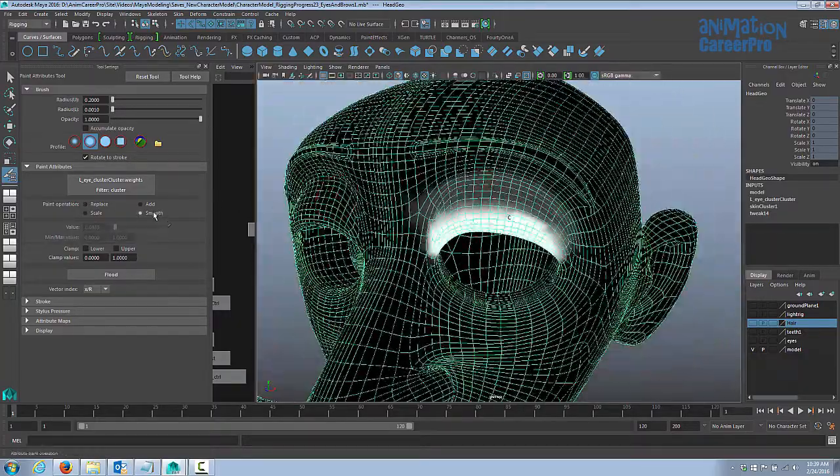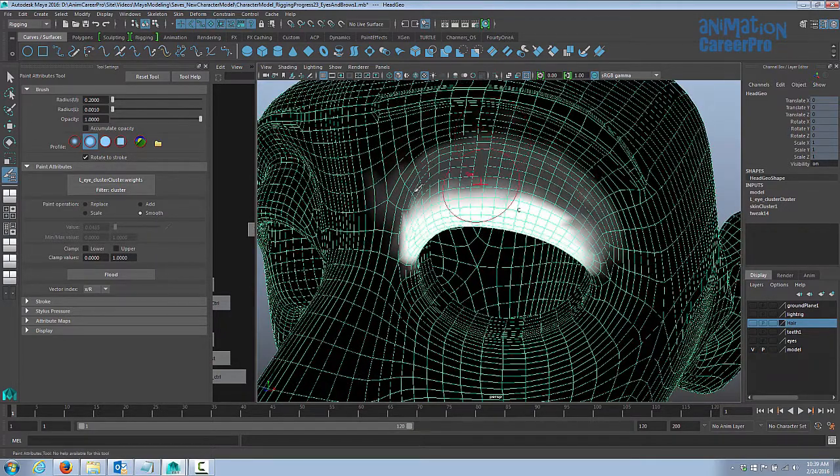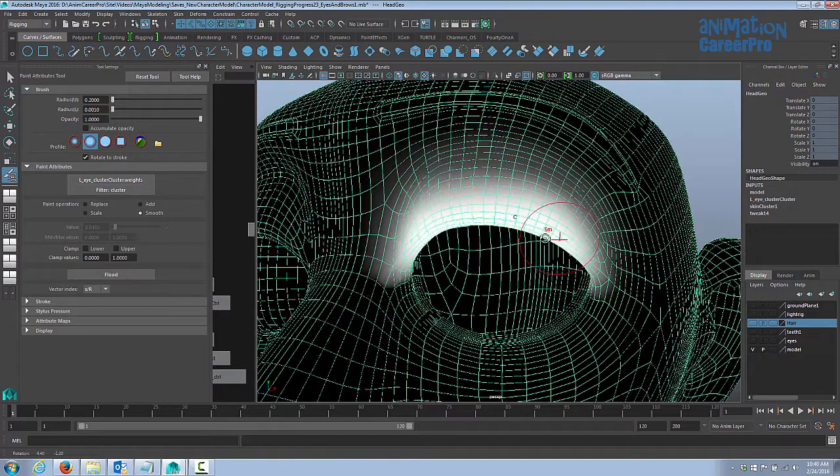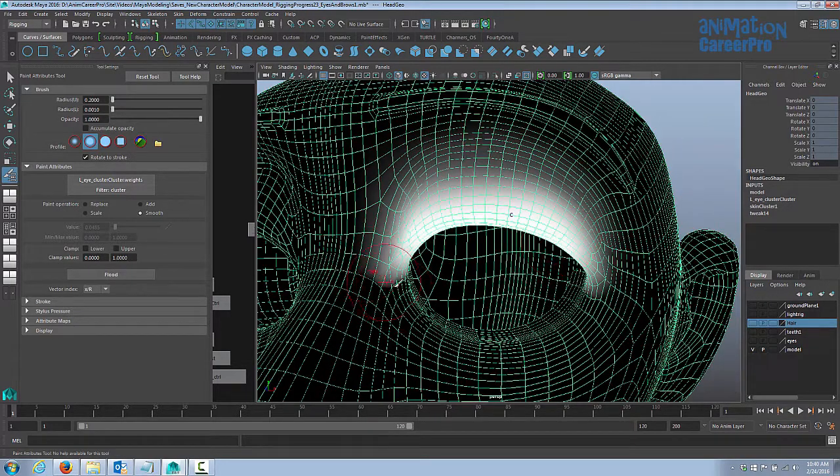Okay, so now we can go to our smooth option. Now we can go ahead and just continuously paint to smooth out the areas here, but I'm just going to use the flood button, and that'll flood the whole area with the smooth function. So if I click it once, you can see it smooths it out a little bit. You can keep clicking it to increase the amount of smoothness. Something like that. I just want to make sure I take weights away from this area.